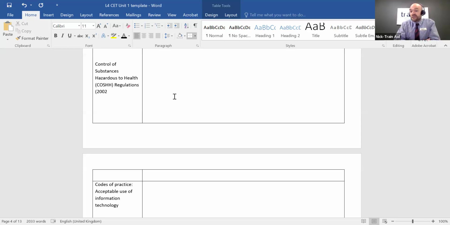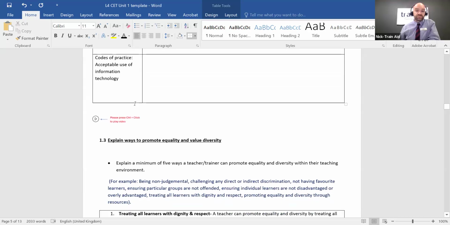So once again, we are always informing our trainers about any substances and how to control those if there's a spillage, and who to report to as well. So very important one. But again, that's a regulation. It might be relevant to you, it might not be. So think about the ones that are.